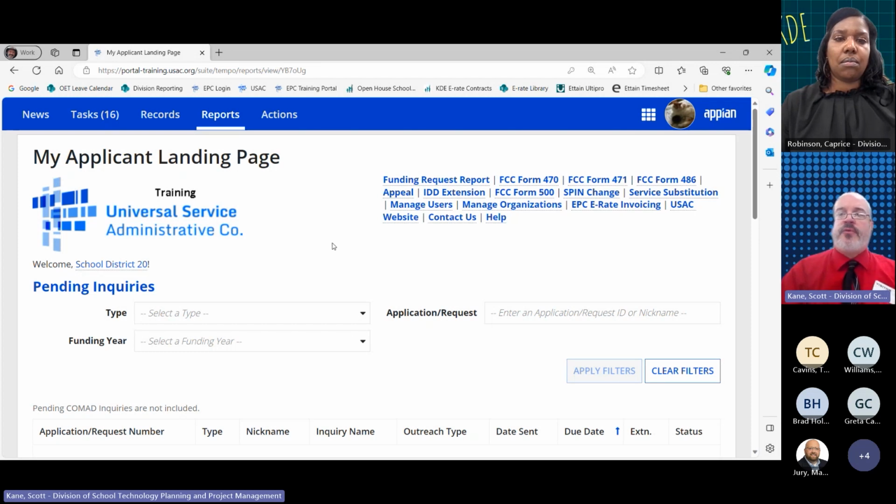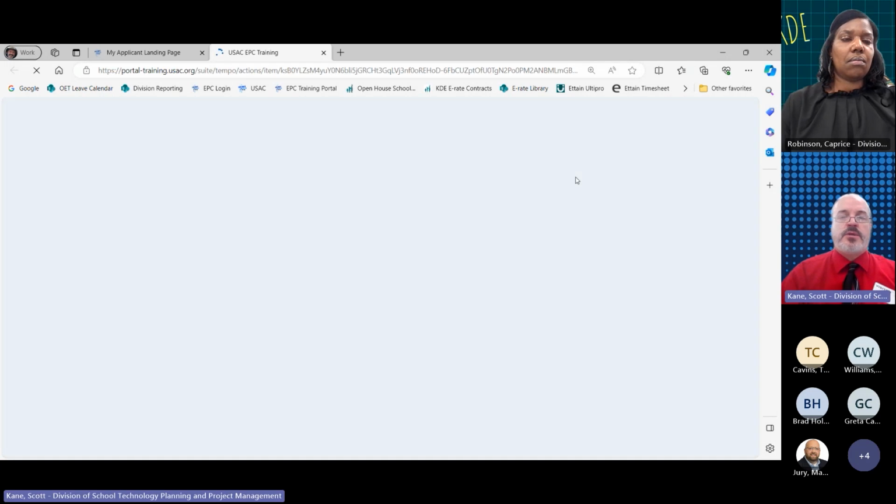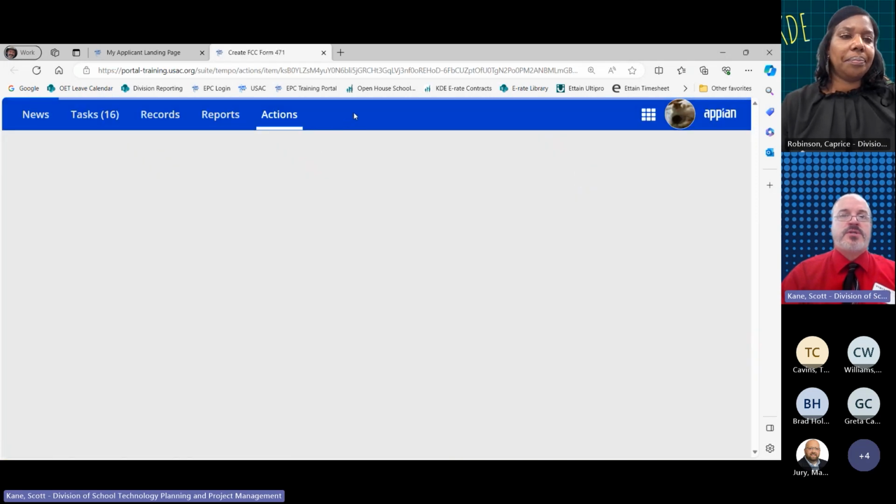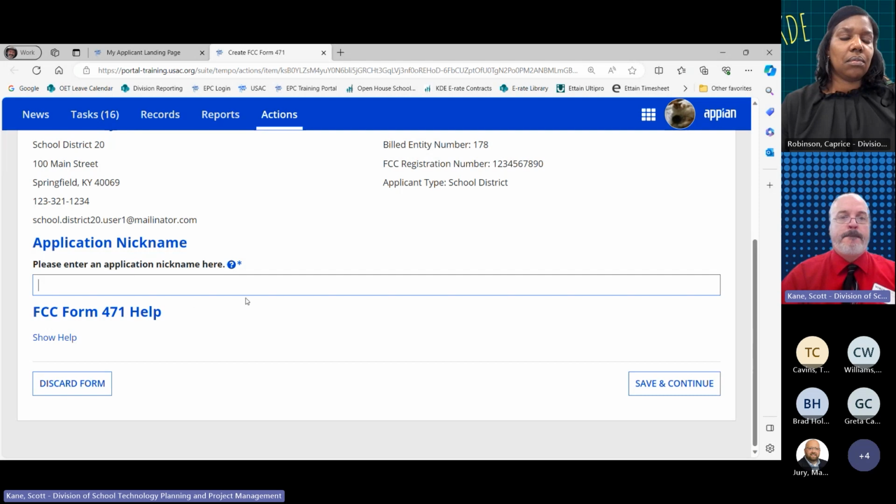To begin your Form 471, in the upper right-hand section of the landing page, the page that opens when you first log in, click on that link that says FCC Form 471. That will take us into the module that allows us to start filing our Forms 471. The very first item here, obviously, is a nickname. This is going to be whatever you want to call this application.